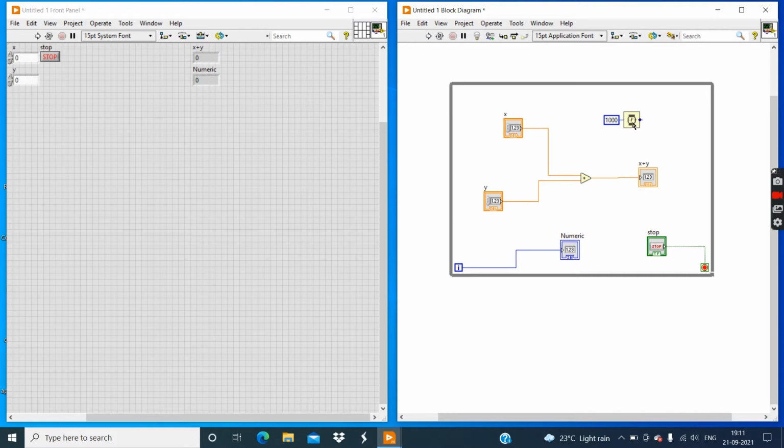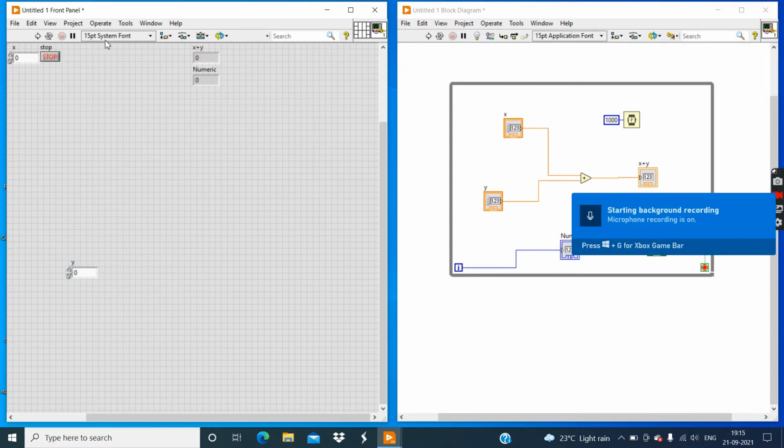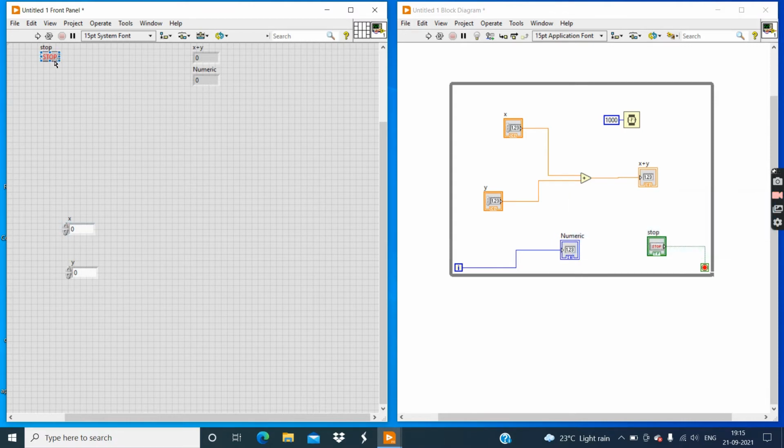1000 milliseconds is equal to one second. Now come to this front panel window and change the position of this Y controller, then X controller, and then stop button. Similarly change the position of these indicators.